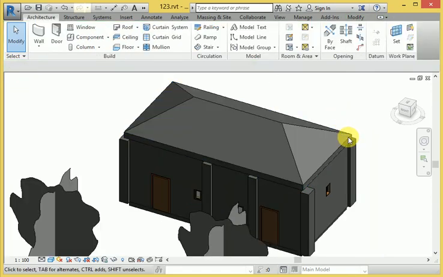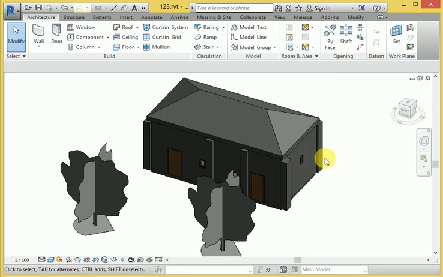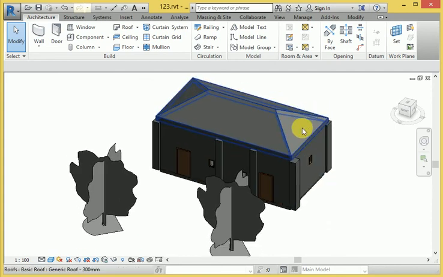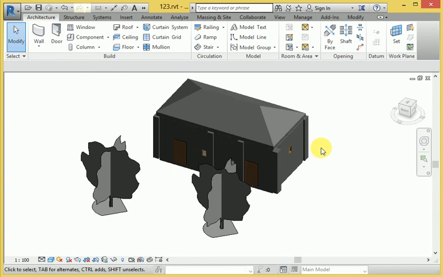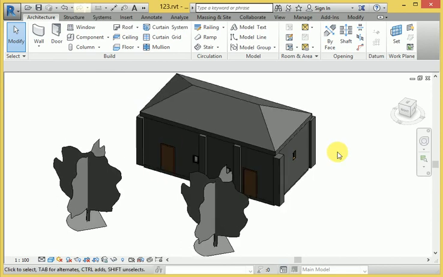Look at this, it is applied, as well as the floor, door, window, columns, everything has been used from this architecture 3D model.